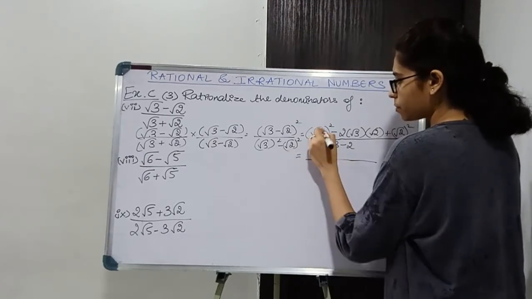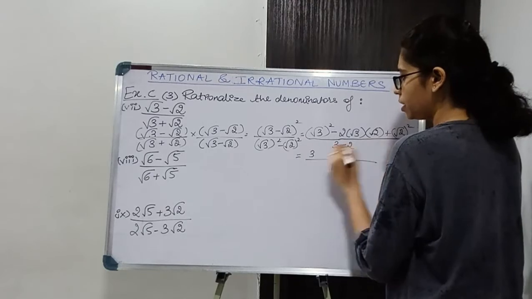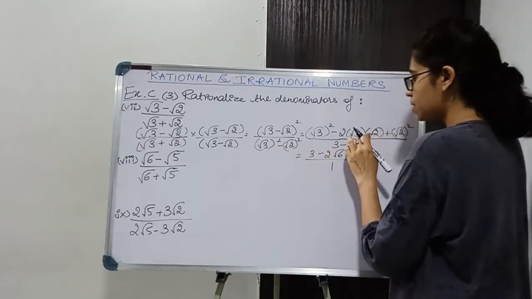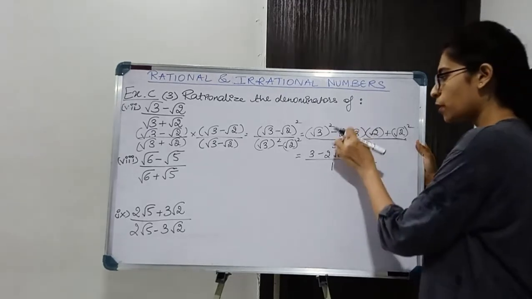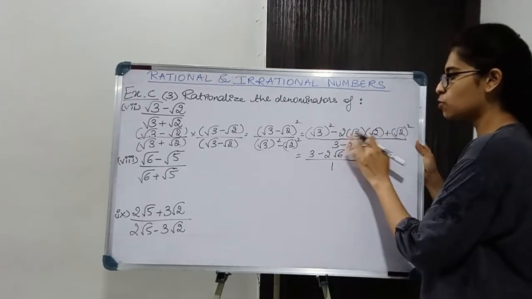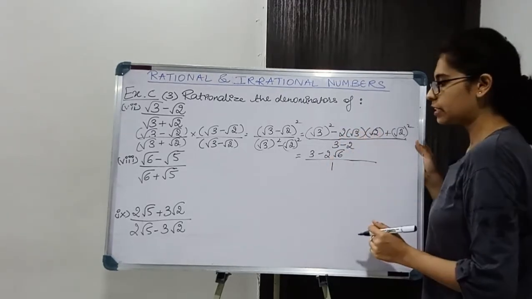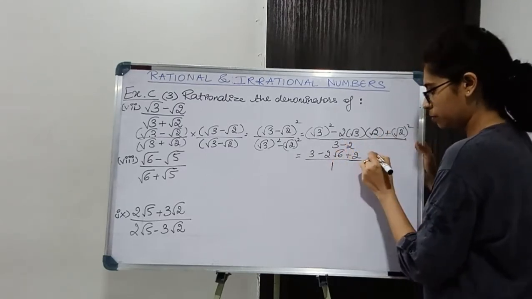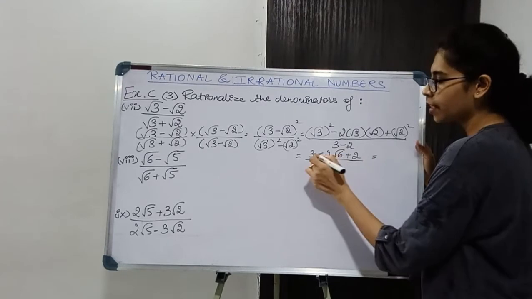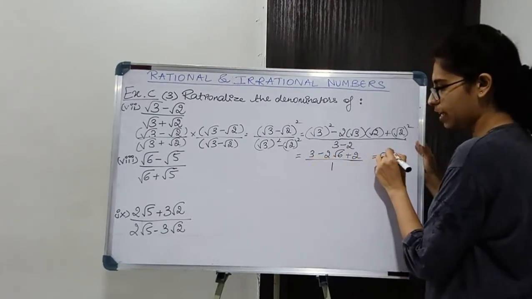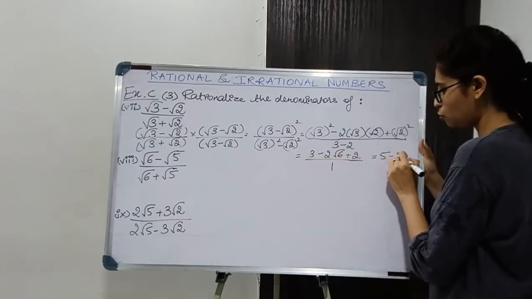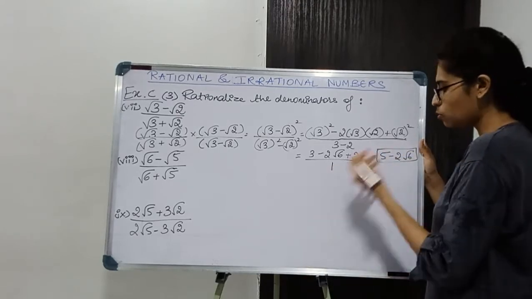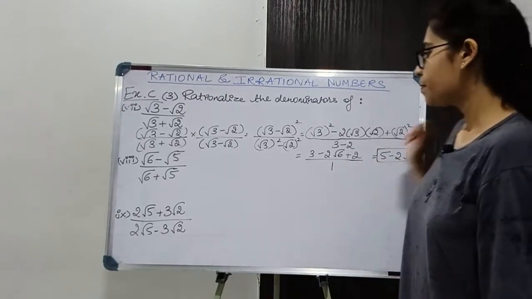and here in the numerator 3 minus 2 root 6, because square root of 3 and square root of 2 है, so I'll take common square root and I'll multiply 3 and 2. Over here I'll get 2. Now 3 plus 2 हो जाएगा 5 minus 2 root 6. Denominator में 1 है, so I avoid writing 1.